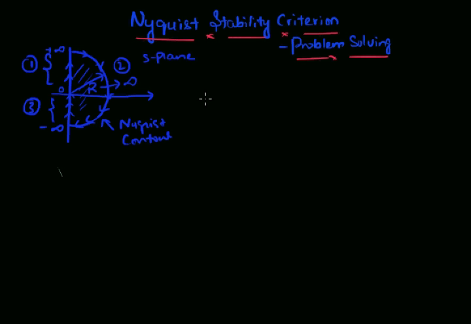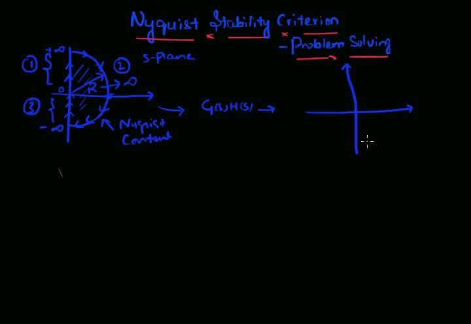Now from Nyquist stability criterion, we have seen if we are given a function G(s)H(s), and if we substitute each and every value on this Nyquist contour into this G(s)H(s), we're going to get a set of values. If we plot these set of values in a different complex plane, okay, in a different complex plane, then we're going to